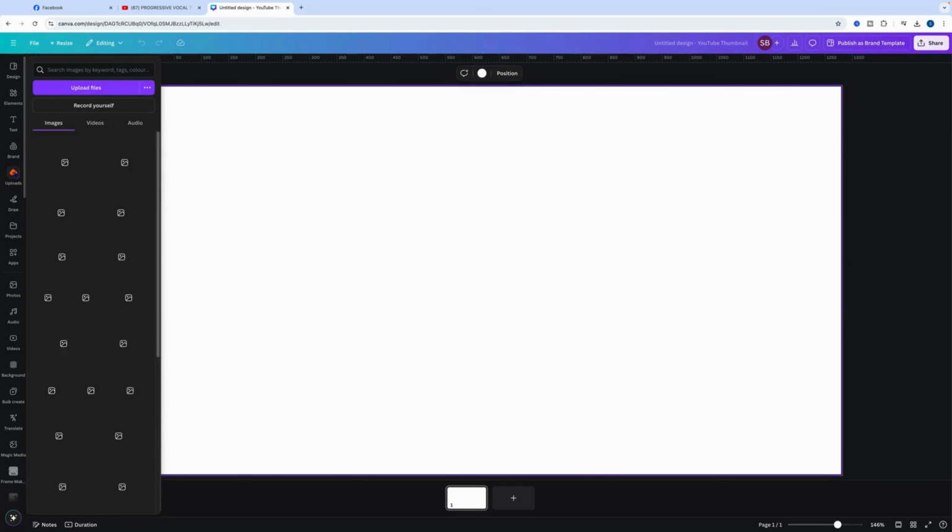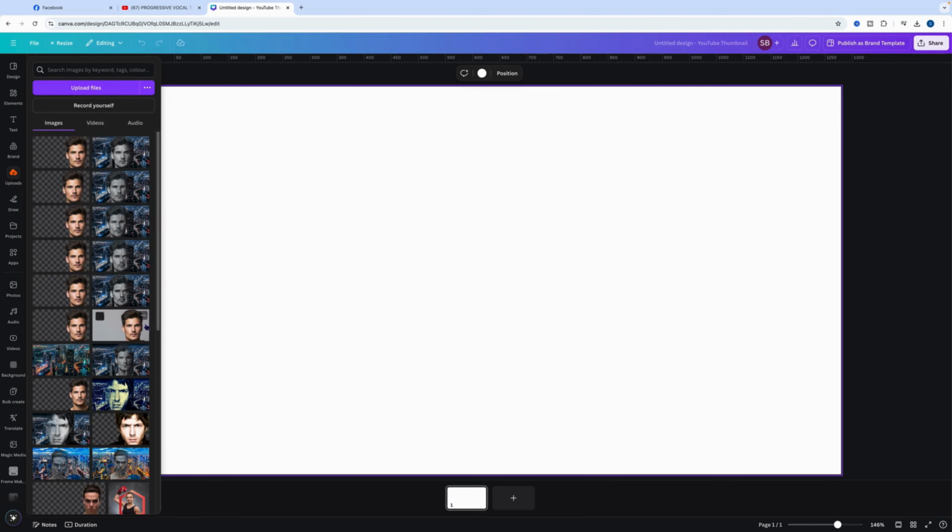In tonight's tutorial we are going to look at double exposure. So we'll look at having a video and an image within the design. So for this one, download an image, upload an image, and when you've done that, go over to uploads